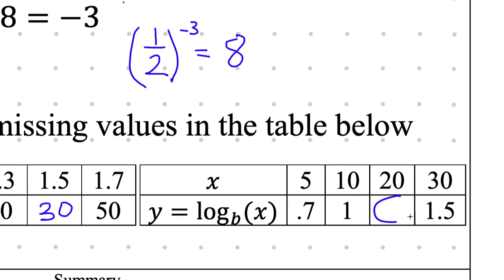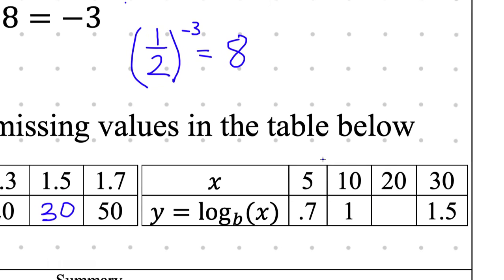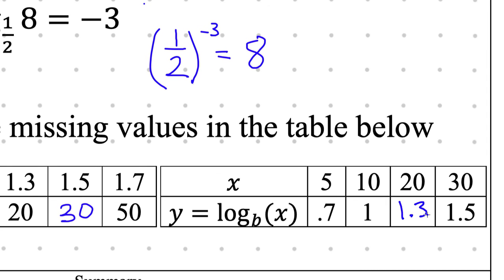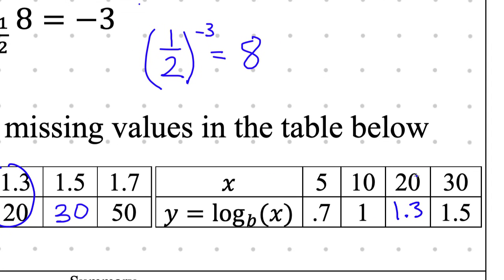What about this last box? And we're done with our notes. Beverly. 1.3. Again, because I came over here, 1.3, 20, switch it to 20, 1.3, done. That's the end of the notes, guys. What do I write for like